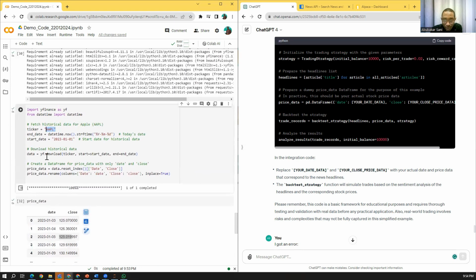I don't want 1 year because my news is only for 3 days, right? So the start date will be 18, I think, 18/01. All right, so the end date is going to be now.